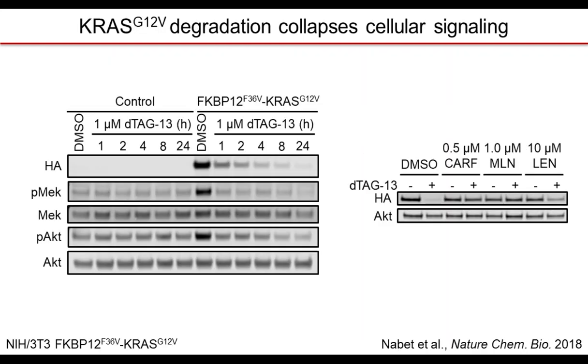So starting with mutant KRAS, we decided to N-terminally tag mutant KRAS and first demonstrate that our fusion oncoprotein was functional. We turned to NIH3T3 cells, which are a mouse fibroblast cell line that has been commonly used by many investigators over decades of work to evaluate the functions and activities of mutant KRAS. What we observed, in line with the literature, was that our fusion chimera was functional. This led to elevated phosphorylation of MEK, as well as ERK signaling, as well as phosphorylation of AKT, shown in